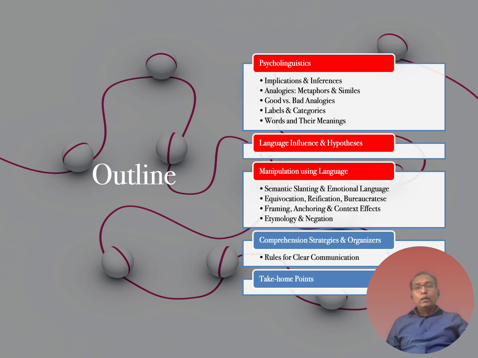Okay, so now we're going to talk about comprehension strategies. Remember the thinking knowledge framework, where we try to take new information and make sense of it. When you're making sense of it, you're perceiving it or comprehending it. That's a basic thing that the brain does. So how do we make sure that we use proper or good strategies of comprehension? That's what we'll do in the next few slides.